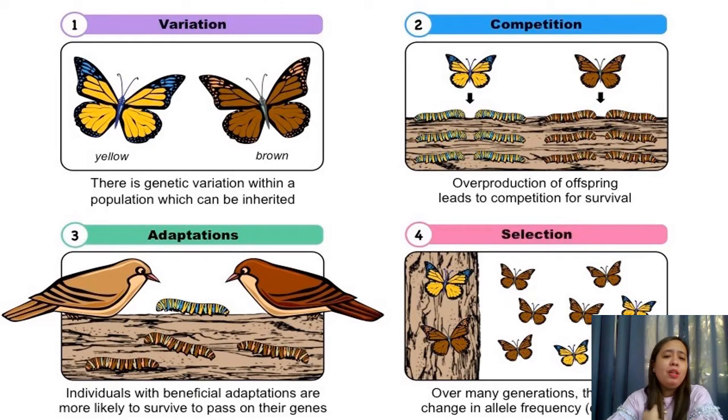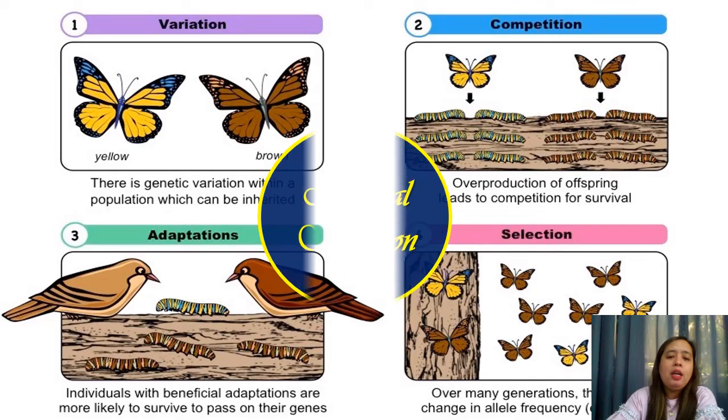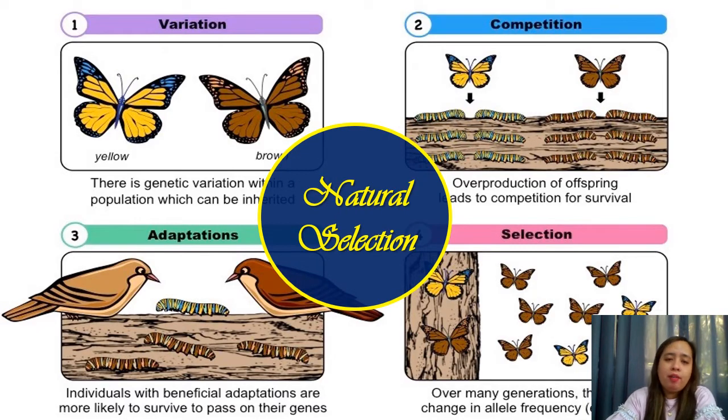So, in natural selection, there are four things that you have to remember when we are going to talk about it. Here we have variation. Number two is competition. Number three is adaptations. And of course, the last is selection. For natural selection to occur, these four should be seen, or at least their effects could be seen in the